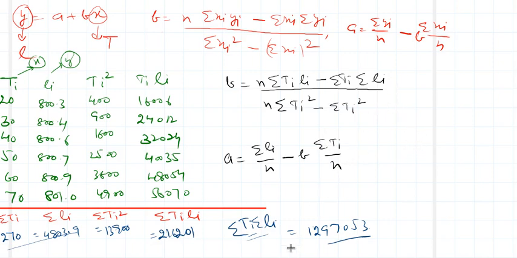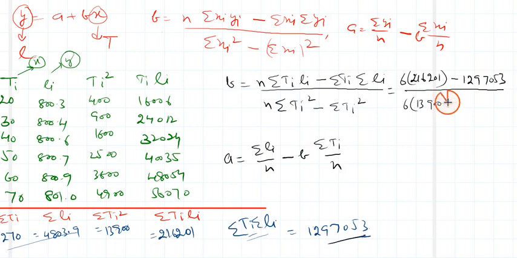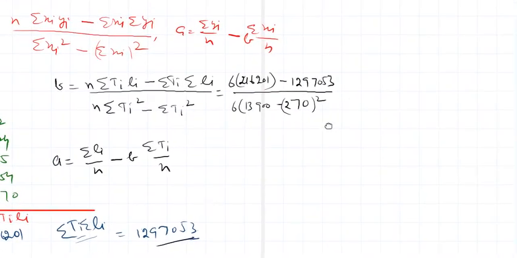So let me do the calculation for B. It is 6 into 216201 minus 270 into 4803.9, whole divided by 6 into 13900 minus 270 whole square. And if I do this little calculation, the value of B comes out to be